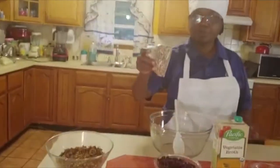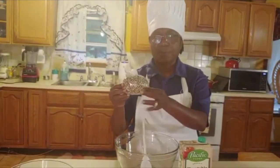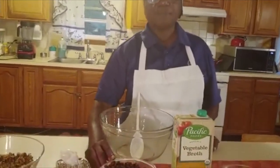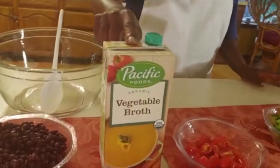Yes, power-packed quinoa salad. And for this, we need the following ingredients. We need quinoa. Now you can get just the regular quinoa, but this is the multicolored quinoa. And in a little while, I'll tell you the benefits of the quinoa. So this is the quinoa. Then we need black beans. We also need vegetable broth,